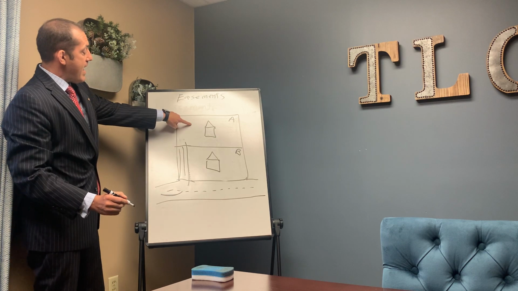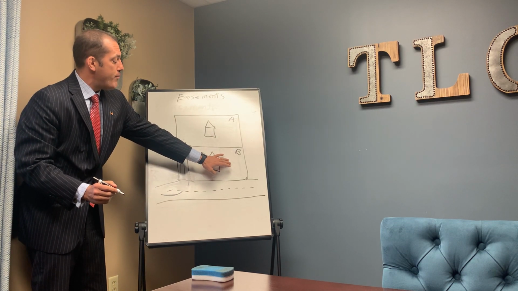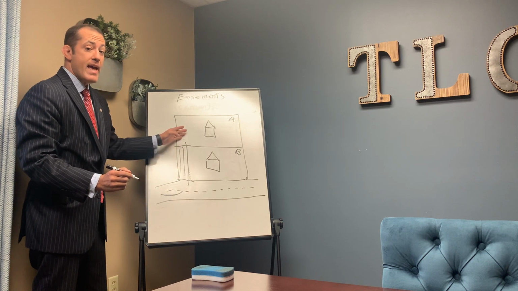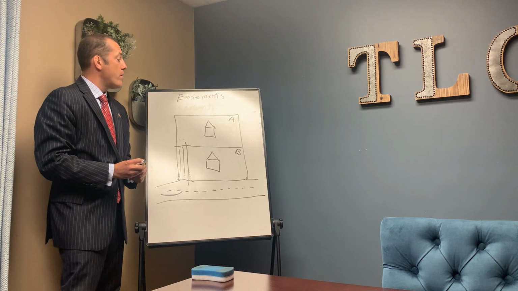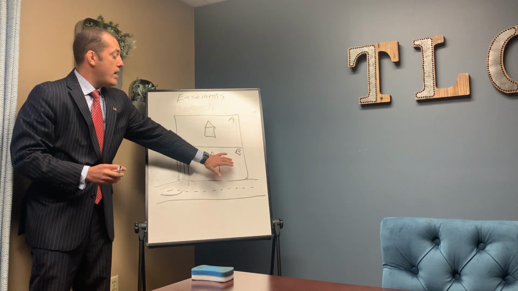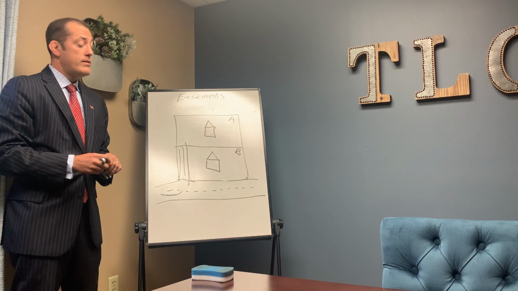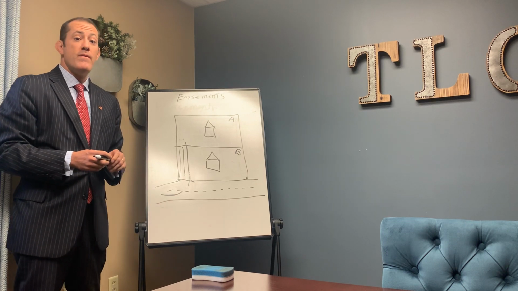But this guy has been accessing and going over the property of owner of Lot B for at least 20 years, all right? And he's been treating it as his access point. If he has done that, he could then petition the court. If this guy's a knucklehead and he doesn't want to grant him an easement, the owner of Lot A could petition the court and say that he has an easement by prescription, also called a prescriptive easement.